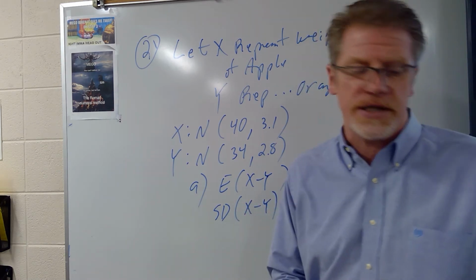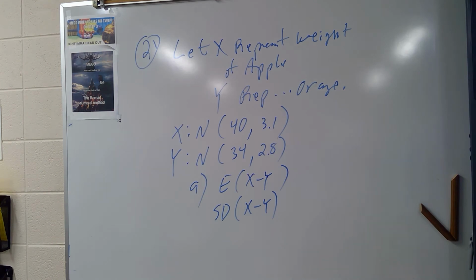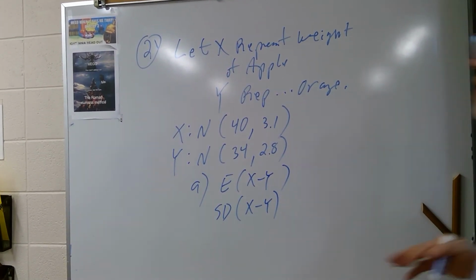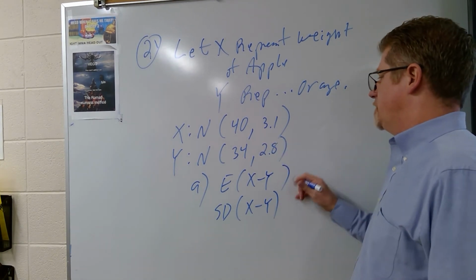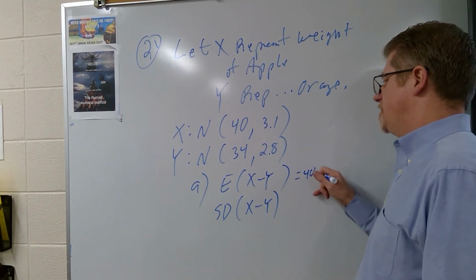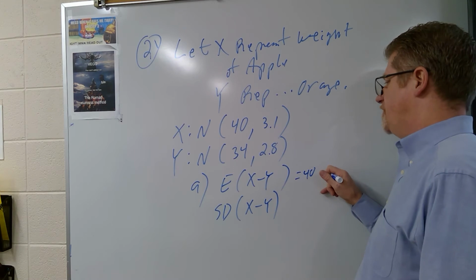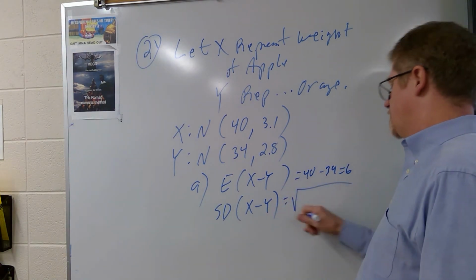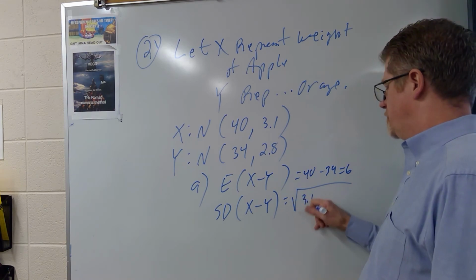Feel free to use a calculator. I'm going to pause while you make your calculations. Okay, so we're back. You probably got basically 40 minus 34. You have to show your work. It has to be expected value of X minus expected value of Y. So you got 6. And then you did not plus or minus, but the square root of 3.1 squared